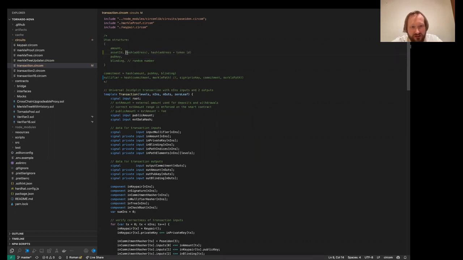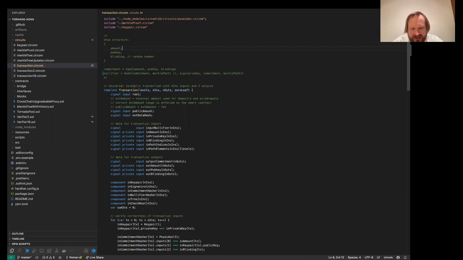So this will be unique for each ERC20 contract, and this will be unique for each NFT. In the case of NFT, the amount will be one. So it's easy to add support for ERC20s and NFTs.